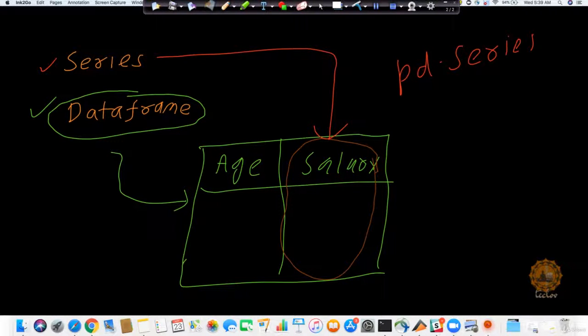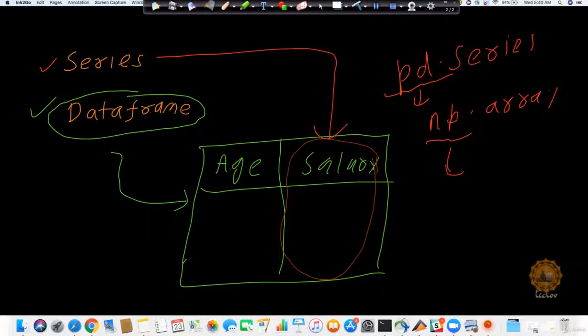As you remember, when we had to create a NumPy array, we were doing it like np.array, where np belonged to NumPy. Similarly, here we will use pandas with the alias pd.